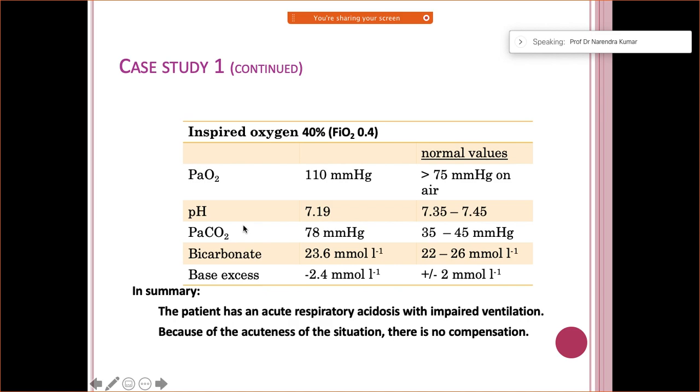Don't forget acute or chronic as well. You should be able to say, because if it is chronic, for example COPD, the mechanism you are going to deal with in a different way. Similarly, if it is an acute bronchial asthma attack, you are going to deal with it in a different way. So I would really suggest you all to develop a habit of calculating